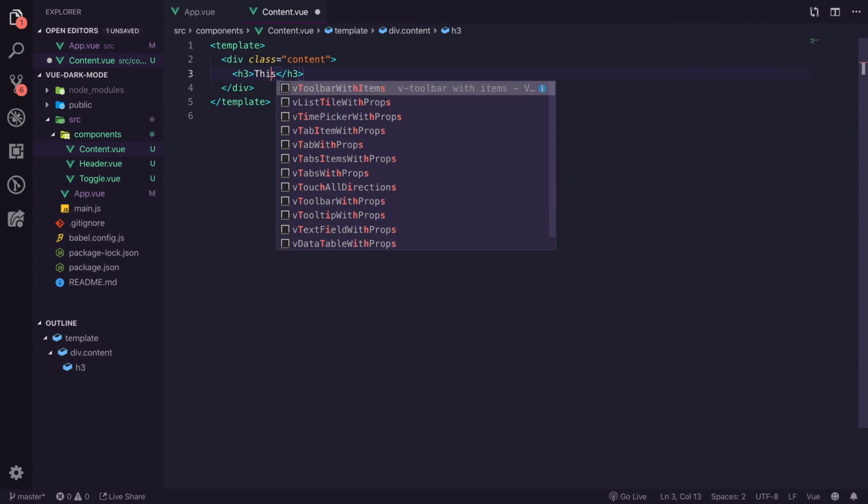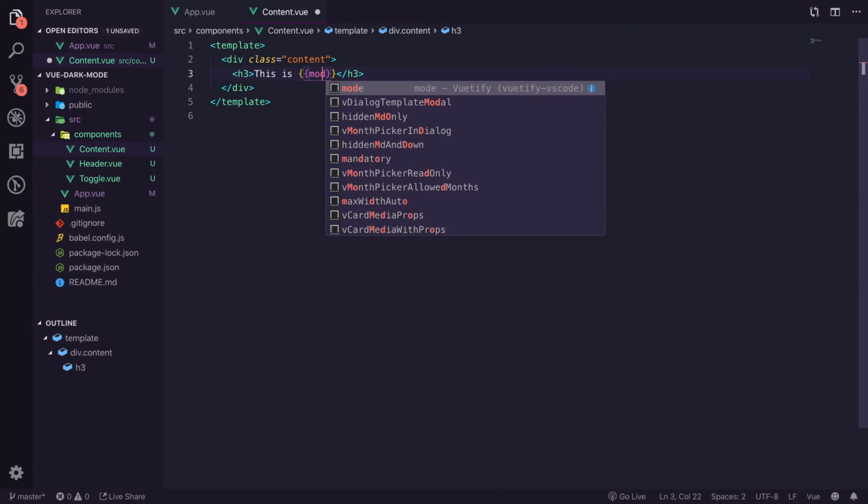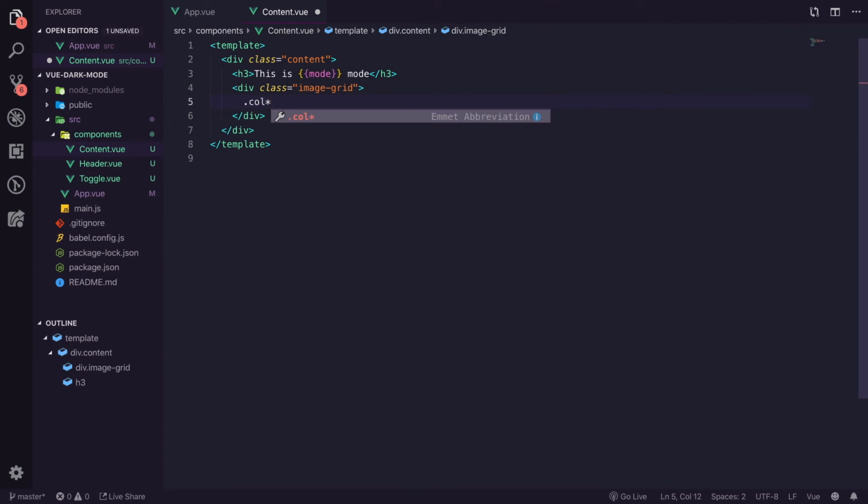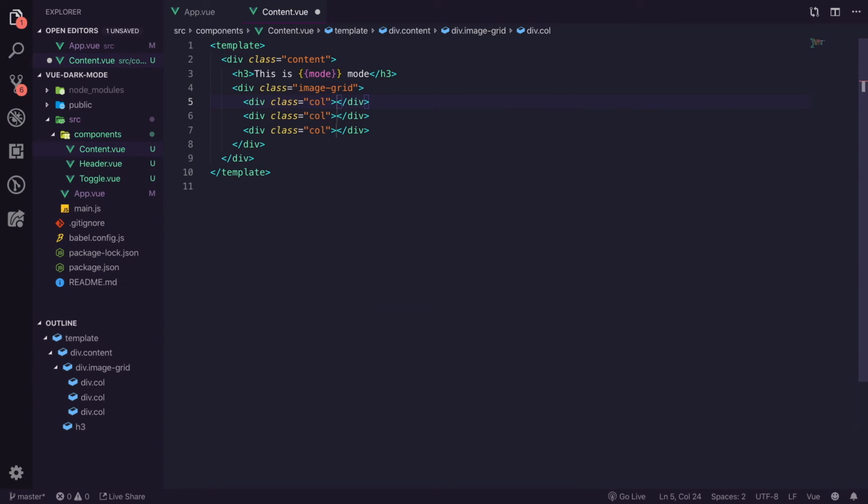We're going to have an h3 which says this is, and then we're going to pass through the mode again, and we're going to say mode. This is, and then whatever mode it is currently in. We're then going to have an image grid, which I'm just going to use CSS grids to style. We're going to have 3 columns, and in each column we're going to have an image,